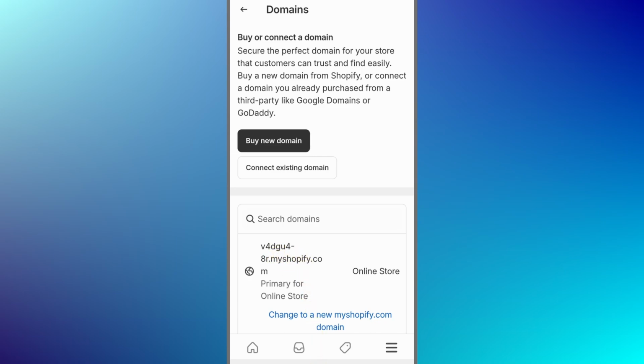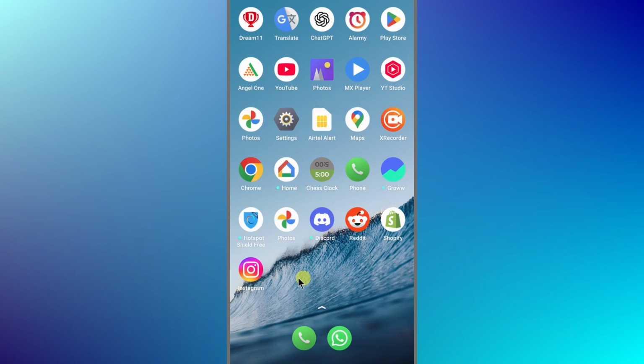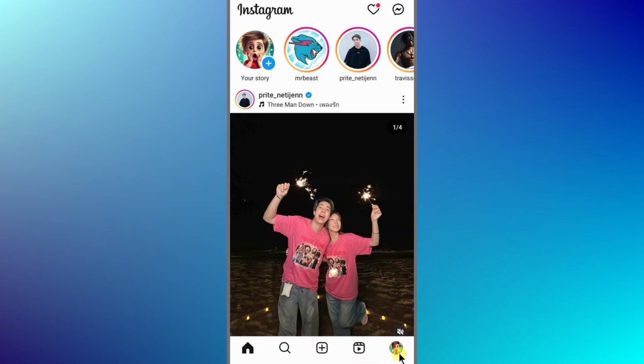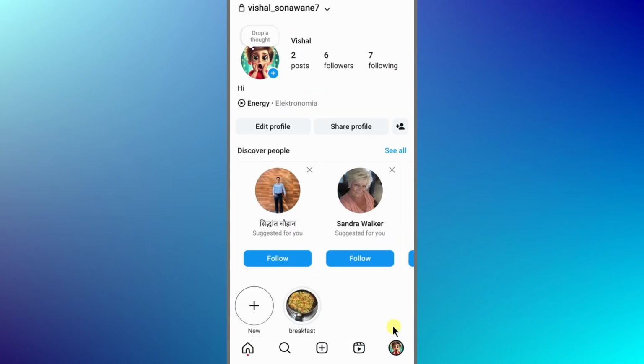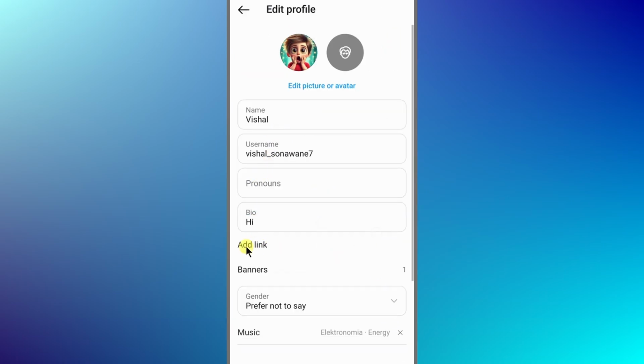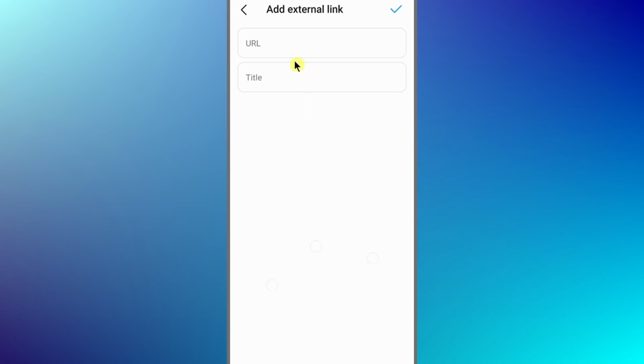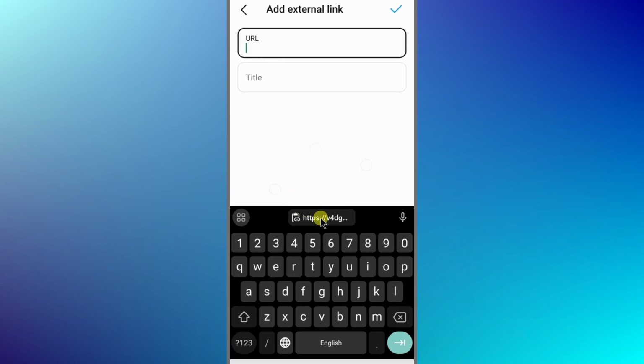So now what we need to do is go back to your home screen and open the Instagram app. Once you open it, then we need to tap on our profile icon from the bottom right corner and here we need to click on edit profile and under it we need to click on add link, and now from here we need to click on add external link and under URL we need to paste our link which we